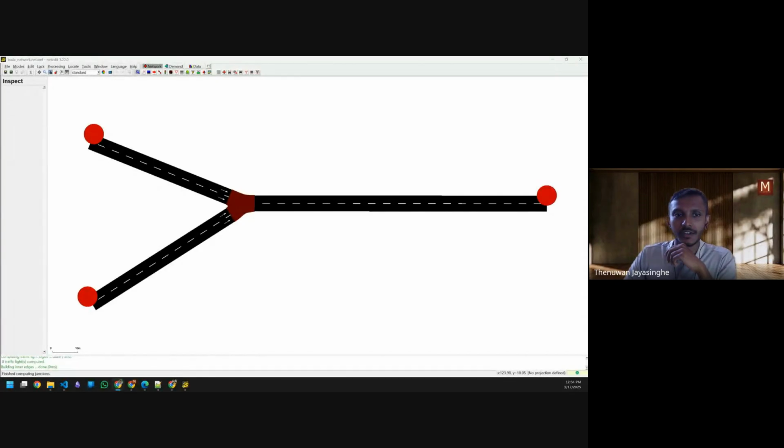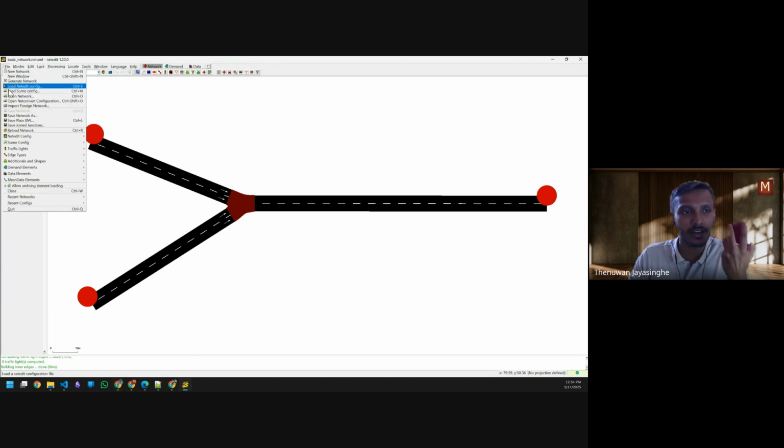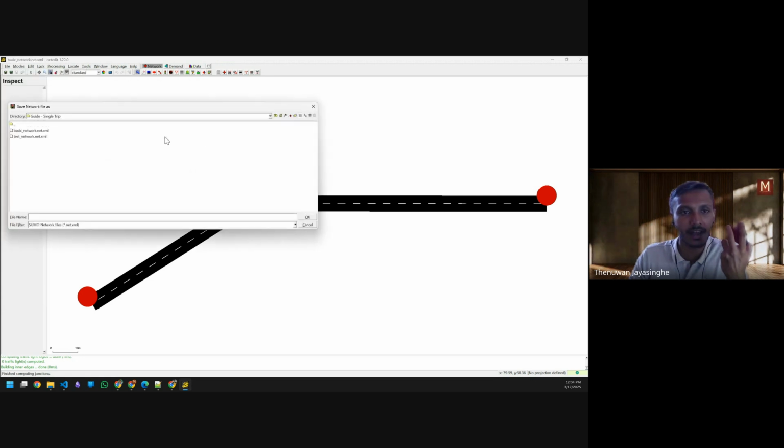Right. So in the previous video, we stopped at where we created this particular network. And now I forgot to mention that we have to save this network. Obviously, we need to keep things in particular folders, nicely arranged, so that later we can refer to these files quite easily. So how you can save this is you can go to File and go to Save Network As, and then you can go to the particular folder,